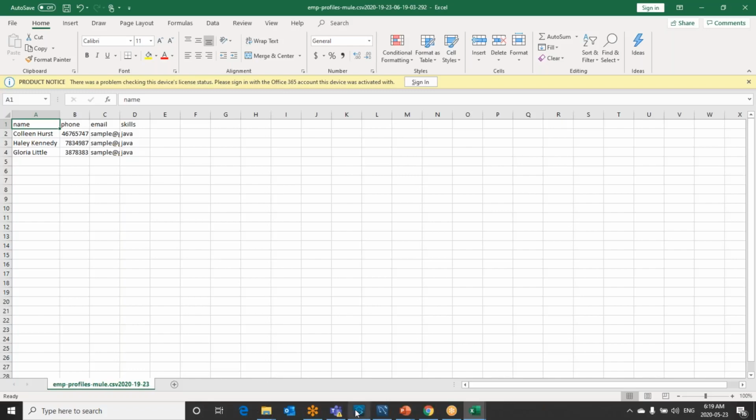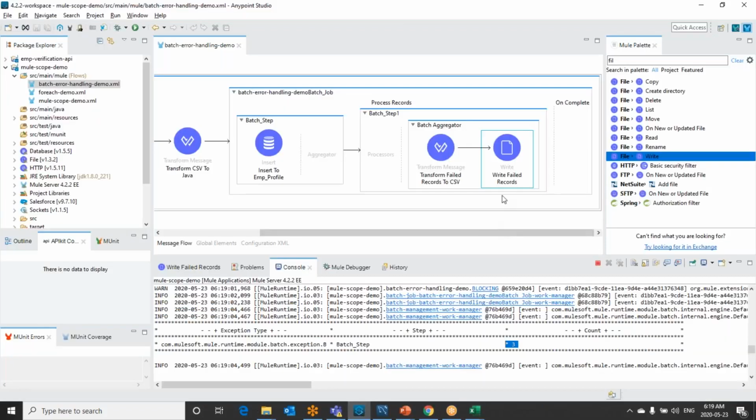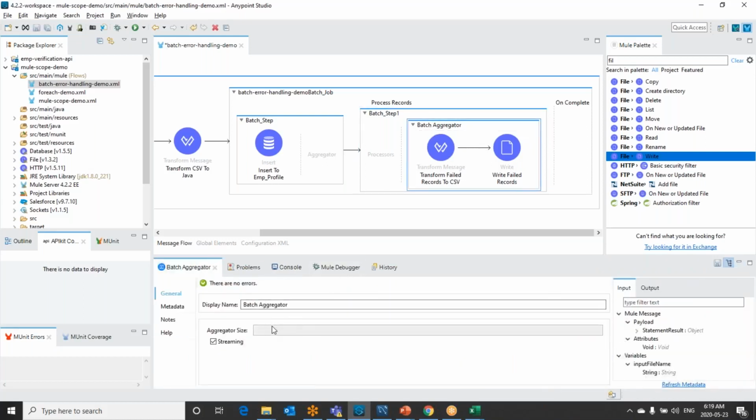Not only this way, in error handling we have different ways to handle the failed records. Here we are writing to a failed location file directory. Also, we can do it in other ways. We can collect some 100 records, 100 objects as a collection, and publish it to a JMS queue. From there, we can subscribe to it again and try to reprocess. If we are getting a data level issue, it will definitely error out again and again, even if we retry any number of times.